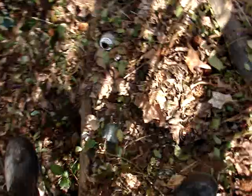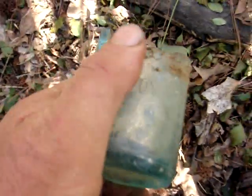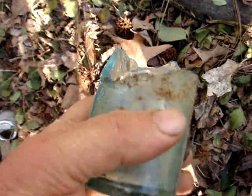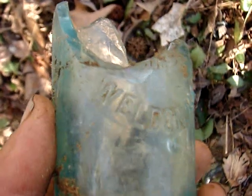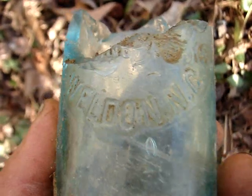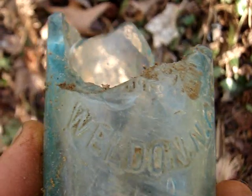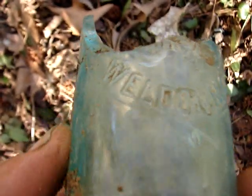Okay, there's a dead-end street right here. So obviously there's gonna be a dump down here, but usually they're just modern stuff. But look at that. That is actually extremely rare. I've been digging this dump for a long time and I've never found one of these. This is the center slug plated Coke bottle, block print, but still it's...